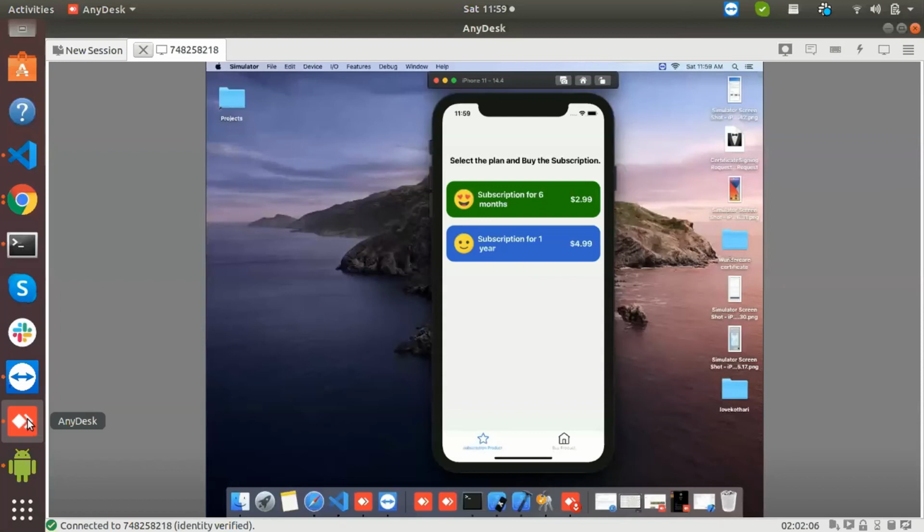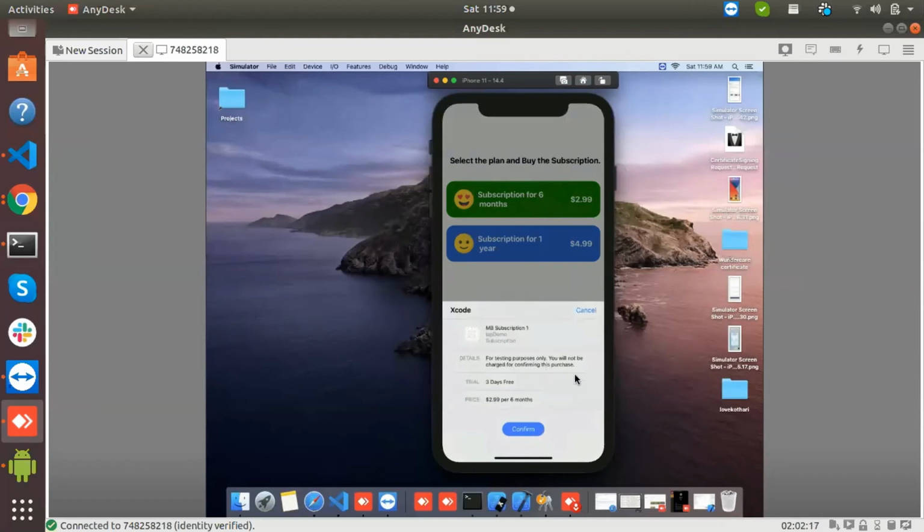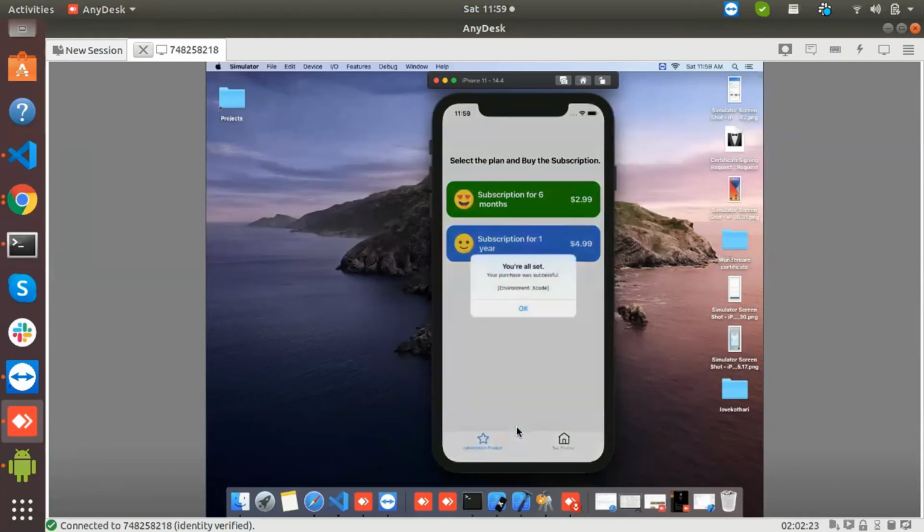Now we can see the iOS part of the demo. Same as Android, I have created the same UI. The only difference is the UI part of iTunes. Here we will subscribe. Here is the default UI for iTunes. So our subscription has been all set.